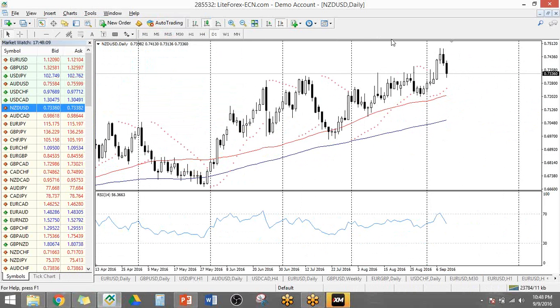How about average daily range? That's an excellent question. Average daily range is something that I use. Okay? I use it a lot. Average daily range is the amount of pips a currency pair moves per day on average. Okay? Again, that's the number of pips a currency pair moves on average.